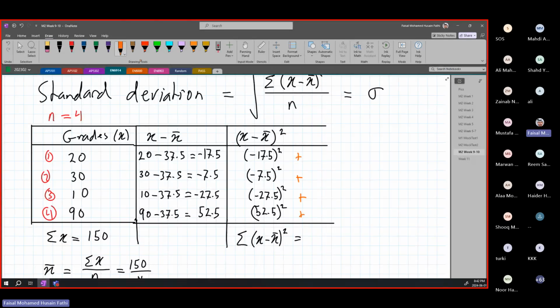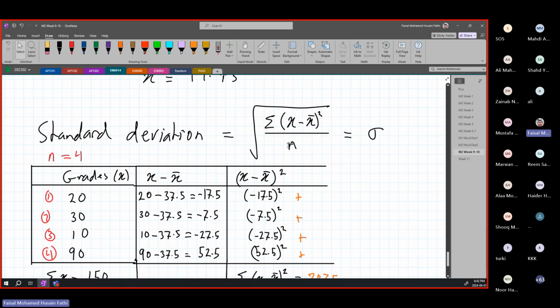All right. So if I just get my calculator, we're going to do minus 17.5 squared plus minus 7.5 squared plus minus 27.5 squared plus 52.5 squared. I will get 3875. All right. So once you get this value, now you can find your standard deviation,